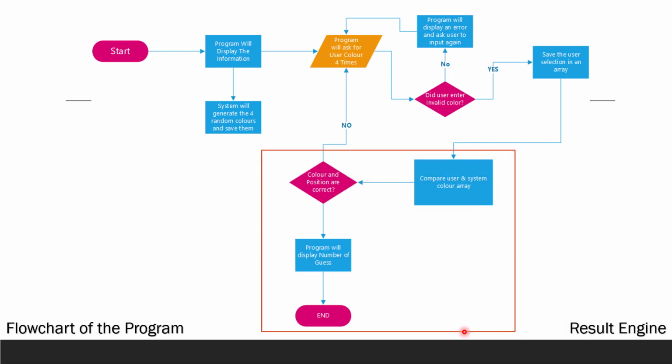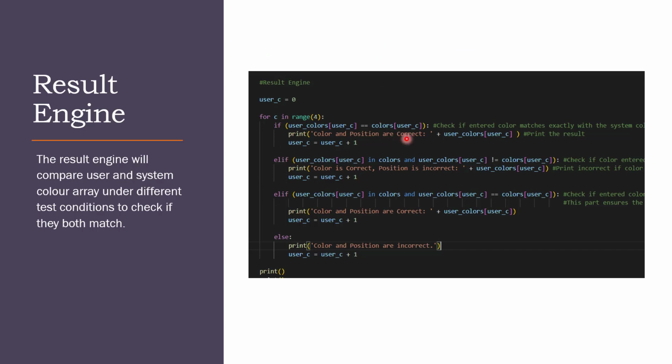Alright, so this is our result engine. Let's go over the code. How the result engine works is pretty straightforward. There are just 4 conditions, 3 else if conditions and 1 else. We are running this in a for loop, and the range is 4 because we need to check 4 colors. First of all, it checks if the user color is directly equal to the system color